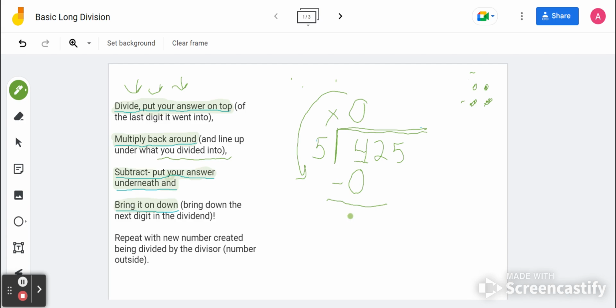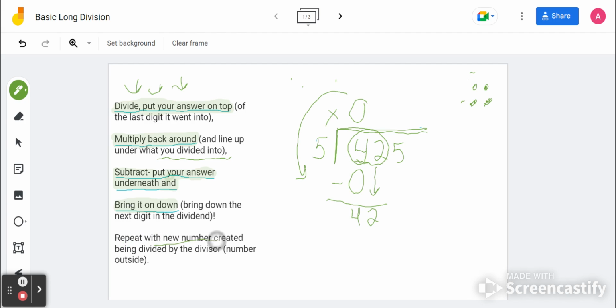So we're going to subtract: 4 minus 0 is 4. And then I'm going to bring down the next digit so that I have a number large enough to divide by. If you are somebody who can see, oh, I could have just divided by 42, that's fine. But make sure that when you're doing that, you put the answer to that division problem above the 2 and not the 4. That can harm you when we start to get into decimals. So now